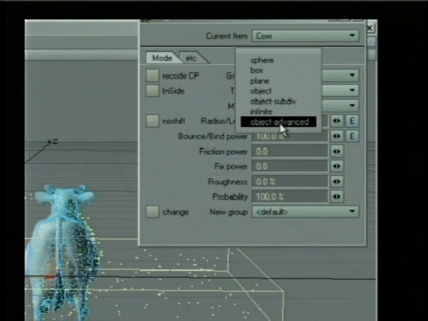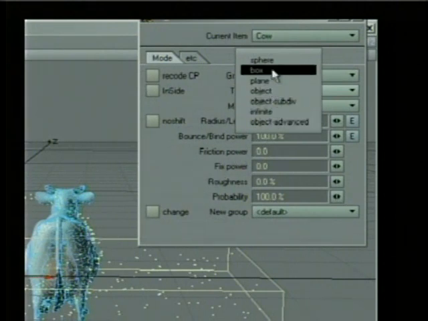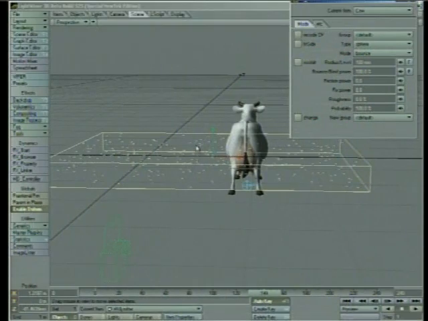And then object advanced is a more precise calculation for when you're doing fluid dynamics or even collisions like this. It'll just be a little slower, but it'll make sure you don't get any seepages in between vertices when particles collide with the object. All right, let's go ahead and just turn this back to sphere,